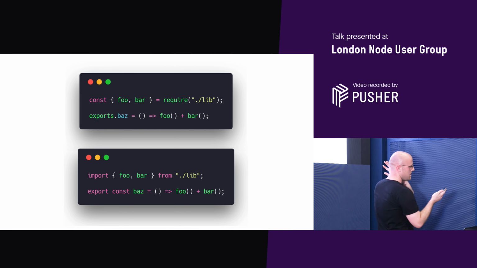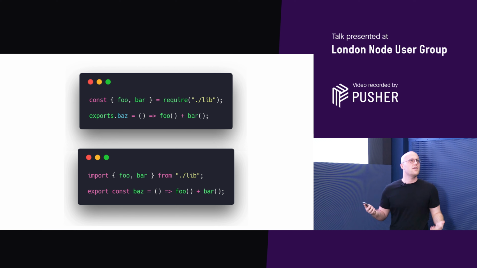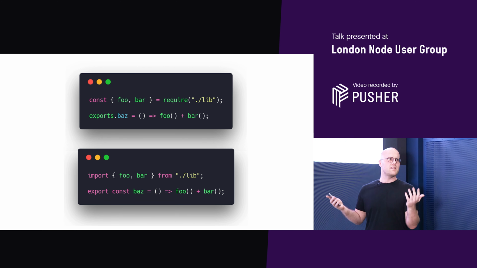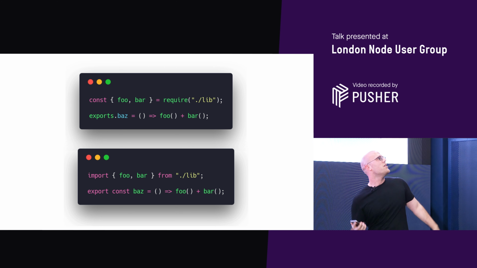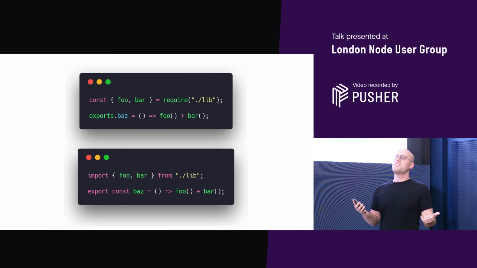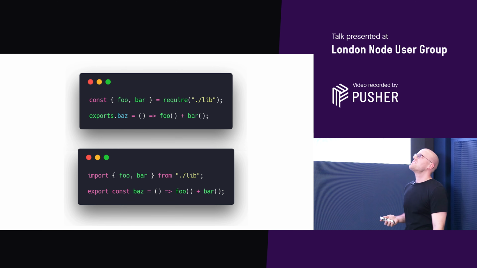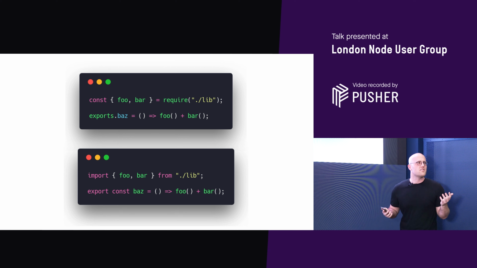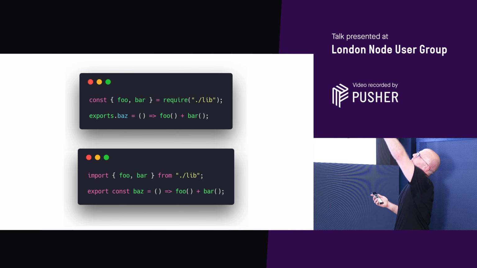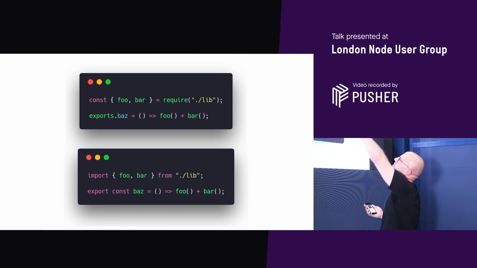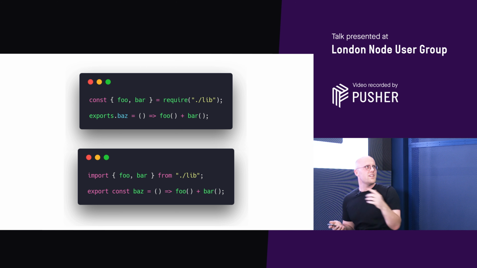So yeah, this talk is about ESModules and Node. Who here has written in the ESModule syntax, the bottom one? That's great. Who is currently writing it through Babel? Same people, yeah. I'm not going to go through the syntax because I assume everyone pretty much knows it. If you don't, the top bit is Common.js Node style, and you just need to change it to be the bottom bit. You can read it in a blog post.